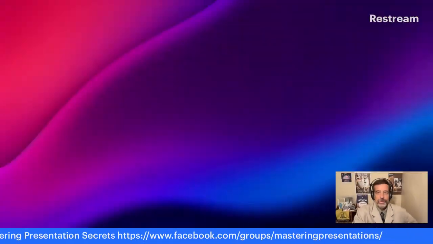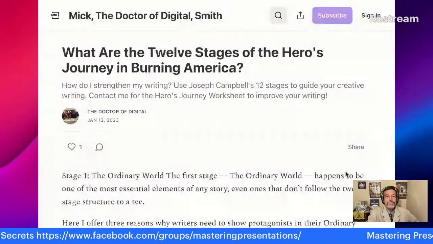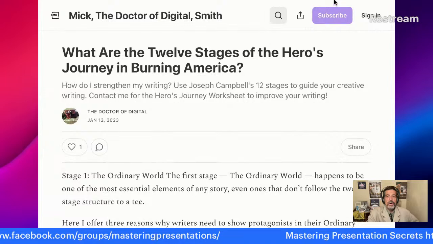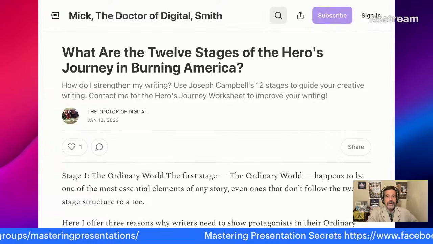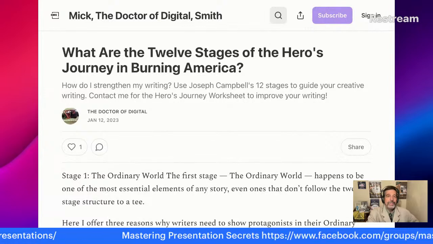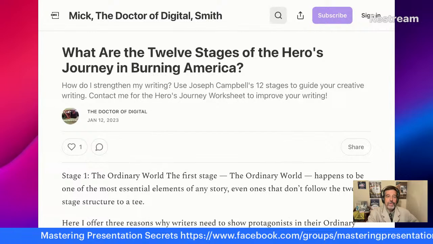So without further ado, I want to make sure we understand the 12 stages of the hero's journey, according to Joseph Campbell. Because what he's been able to do is show creative writers how this takes place in so many different ways.